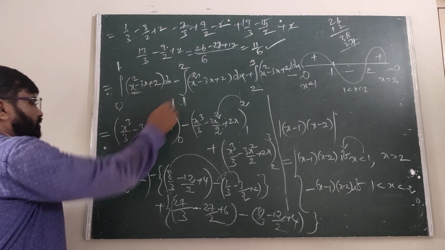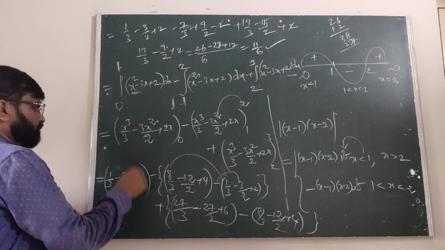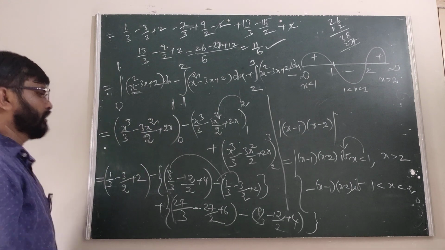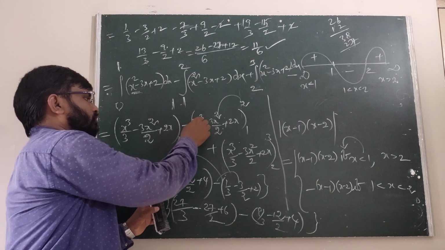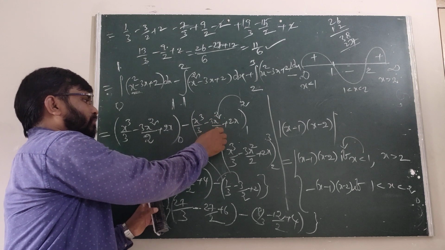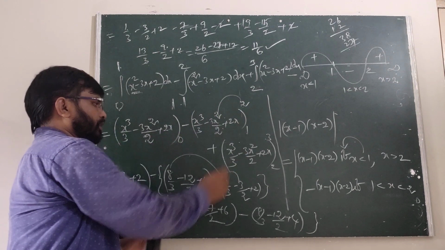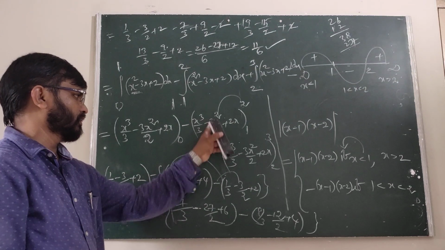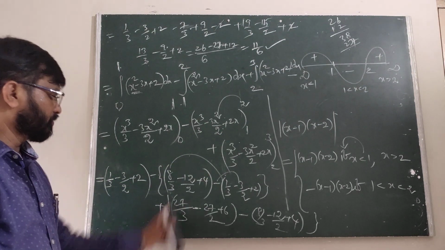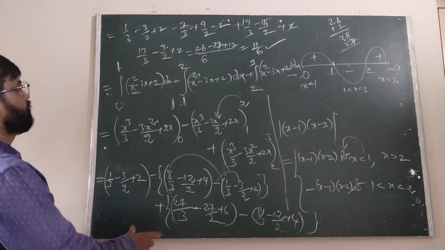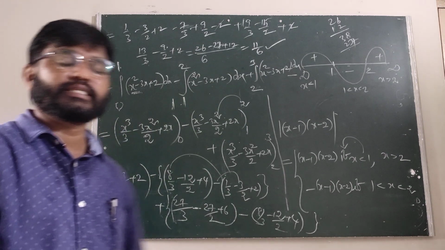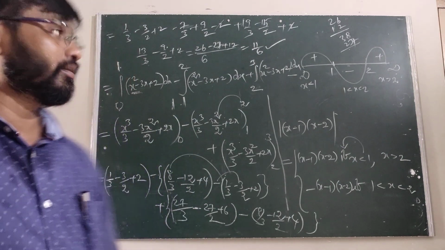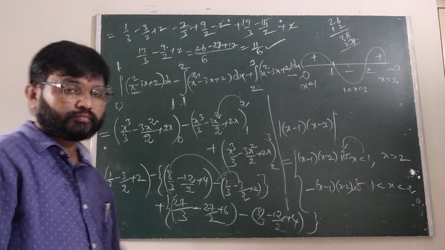First we substitute the 1 here. The 0 minus of 0 is 0. Then you can minus of this one. Put x equal to 8 by 3, 4 3s are 12 by 2, 2 2s are 4. When we come to the lower limit, we take minus 1 by 3, 3 by 2, 2. Okay. After simplification, we got 11 by 6. We got 11 by 6. Okay. Right.